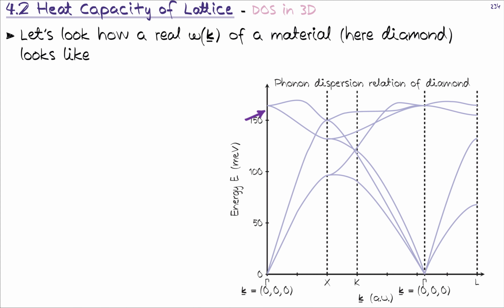And we have diamond. Recall that diamond forms this special diamond structure, like an FCC lattice, but instead of a single carbon at the lattice point, we actually have two carbons. That gives us a diatomic lattice, and that means we have the emergence of optical phonon branches here. So these branches are the optical phonon branches, and the branches of lattice vibrations, the phonons, that go into the gamma point, these are the acoustic phonons.